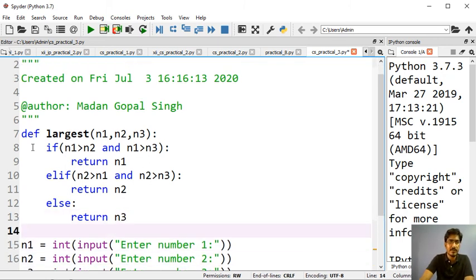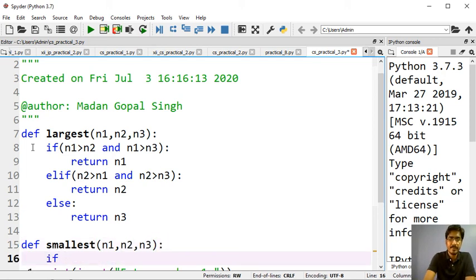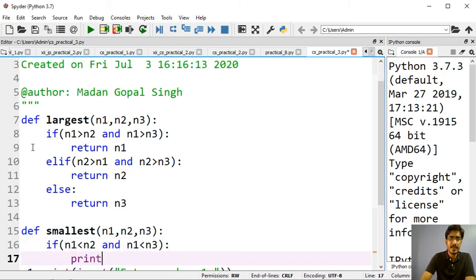Now we will write another function for calculating the smallest, and we will take 3 inputs, n1 comma n2 comma n3, and here again we will do if n1 is less than n2 and n1 is less than n3, then we will say return n1.